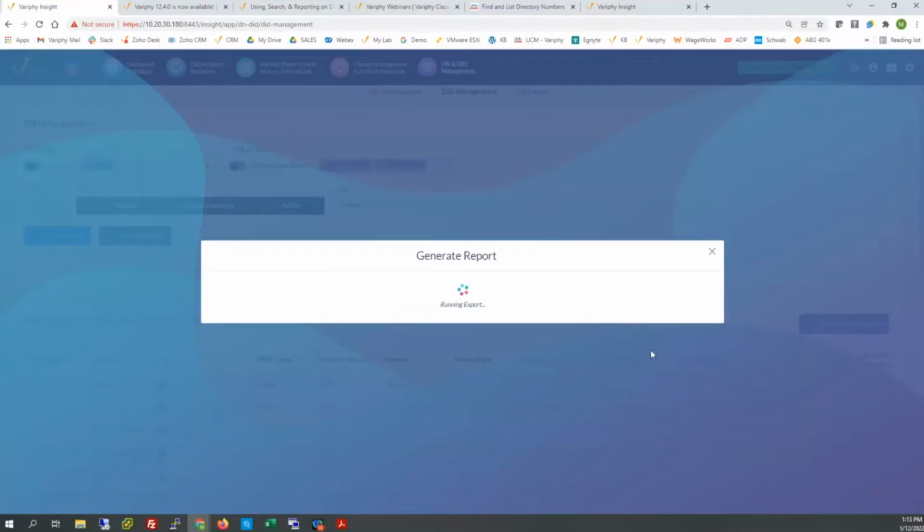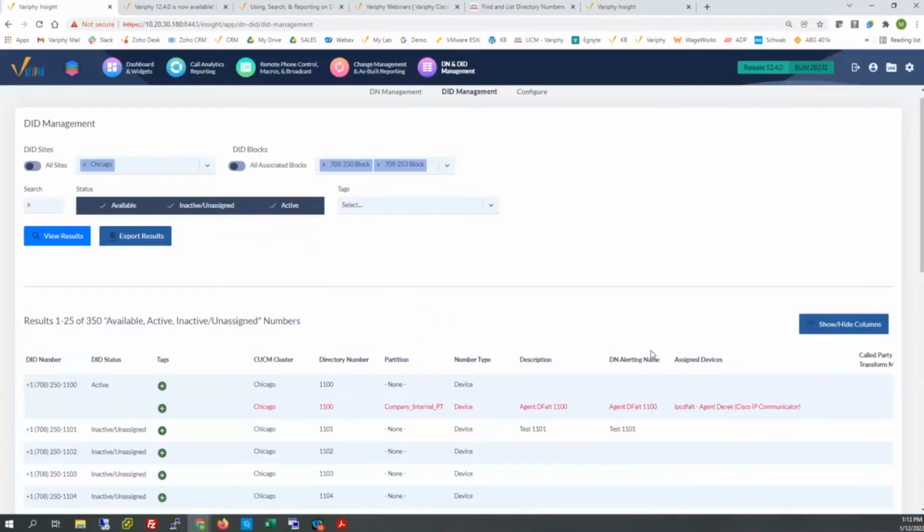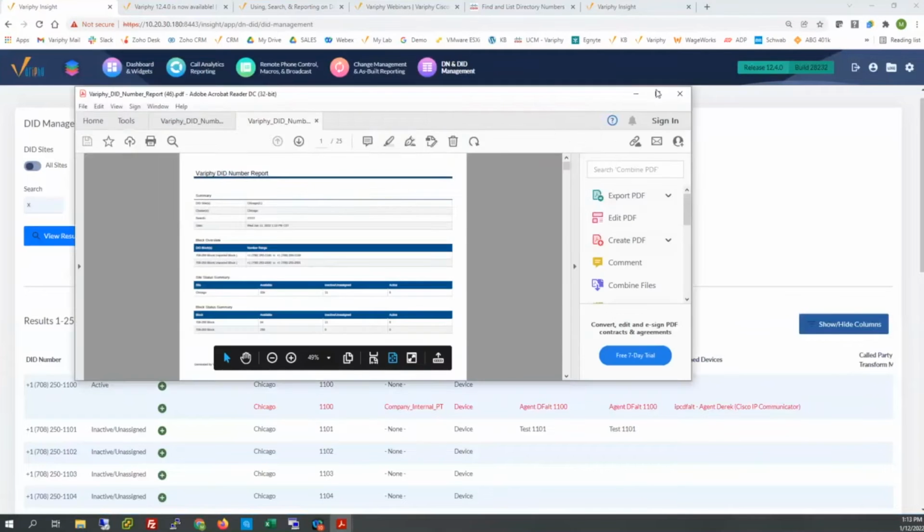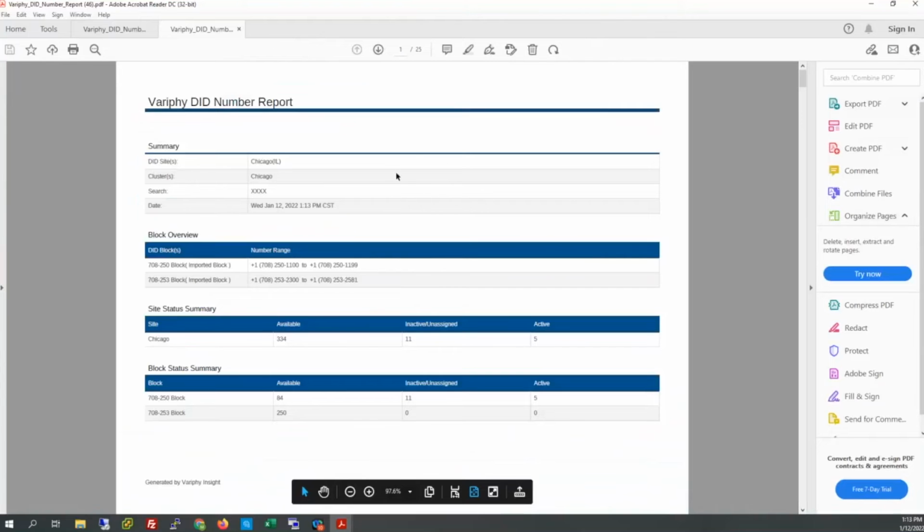Let's go ahead and just generate one here real briefly for these 350. I have created a spreadsheet that looks like this, but now at least I've got all of my Chicago 708 blocks. Let's say I was a manager that governed maybe this piece of my call manager, for instance, very easy then to get this export and to showcase exactly how many are available, how many are inactive, unassigned, which means essentially that they were active and registered on a device at one point, but no longer are, and probably need to be cleaned up by one of the UC admin